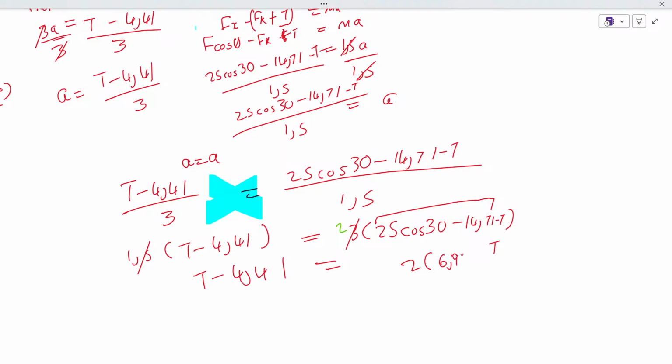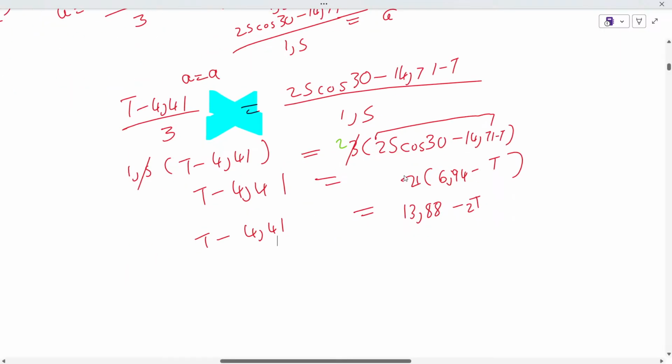94. Okay, we'll move to the step of including 2 now. Now it's going to be 2 times this, 2 times this. It's just going to be 13,88 minus 2t, then t minus 4,41, and then we just take this one this side, that one this side, and then this one is going to be 3t, this plus this, 13,88 plus